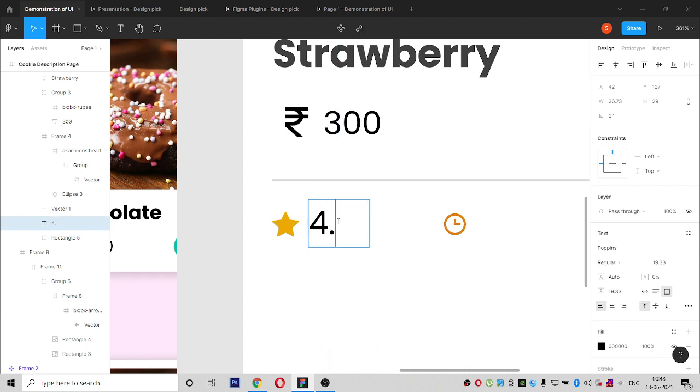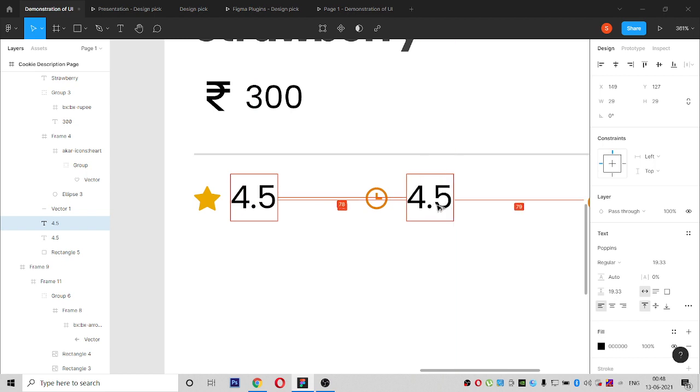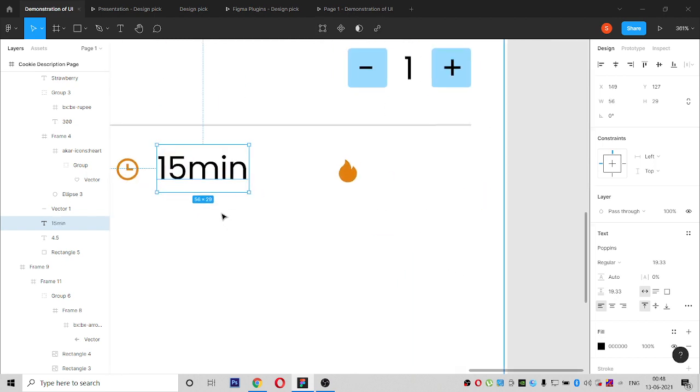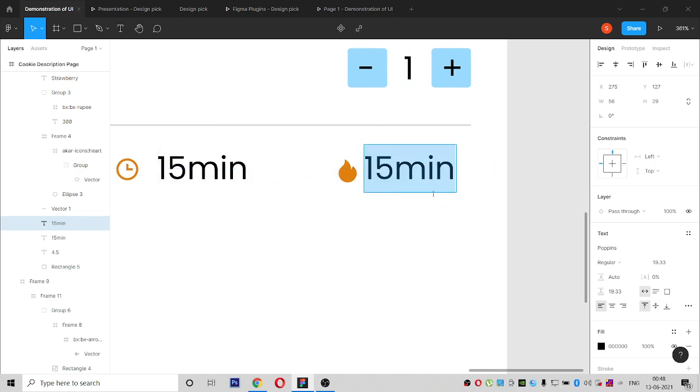This is the 4.5 rating. This is the preparation time and these are the heating temperature in kilocalories. Let's assume this 330 kilocalories.